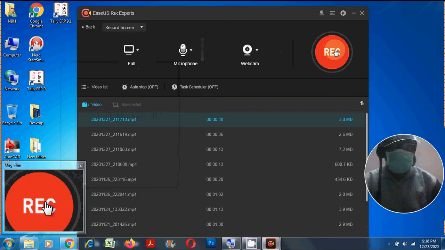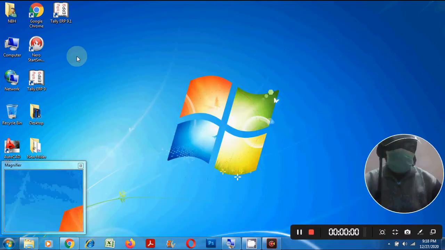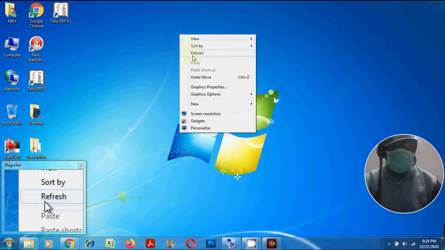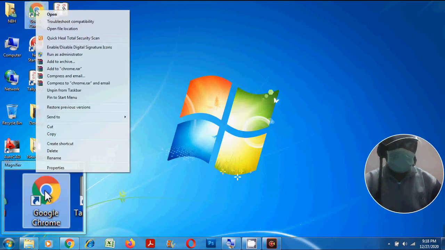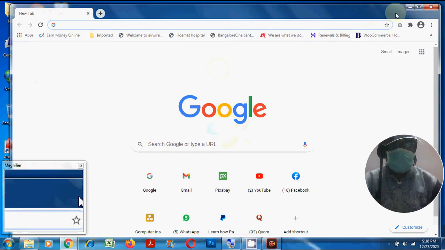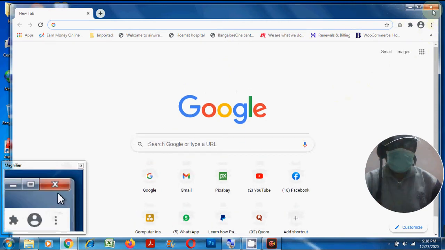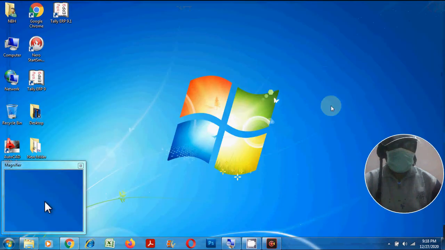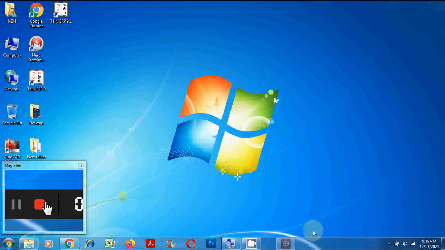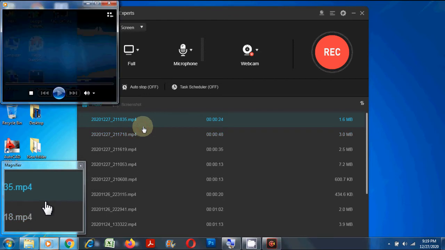Now let's do a screen recording along with the webcam. Now let's preview the recorded video.